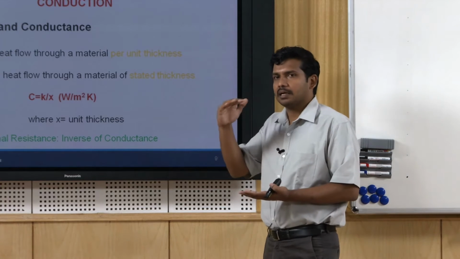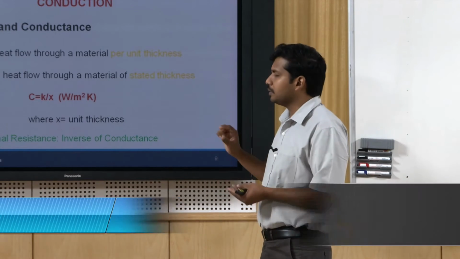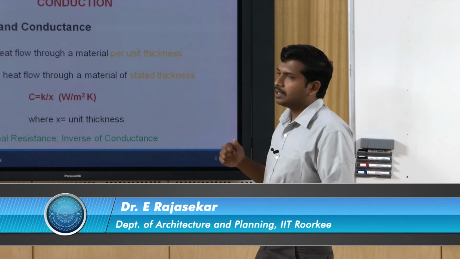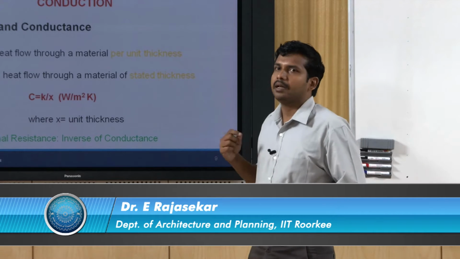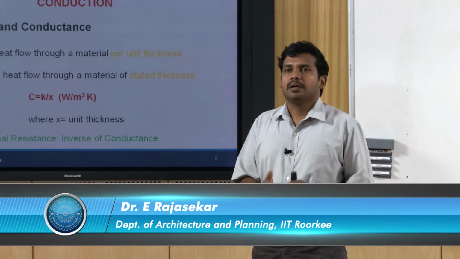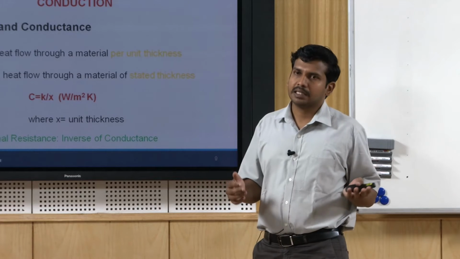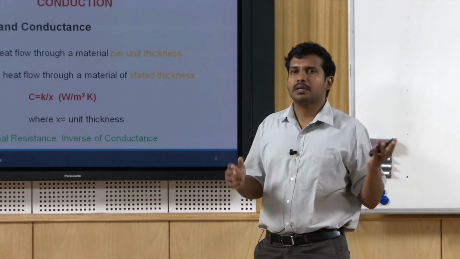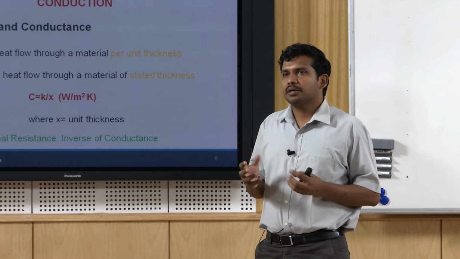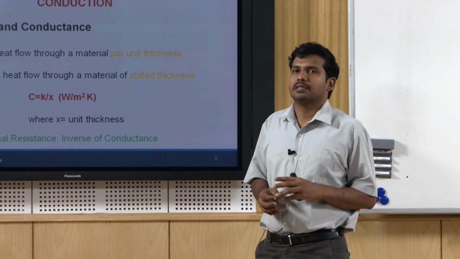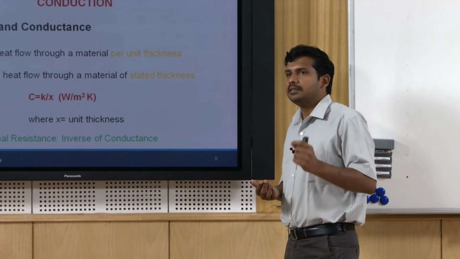From the hotter side to the colder side, heat transfer happens, and how much heat is getting transferred through this slice of brick is measured as its conductivity, or the K value. As I said, it is expressed in watts per meter Kelvin. In the hot box apparatus, you can test larger materials like wall panels. There are two chambers, one a hot chamber and the other a cold chamber, and heat transfers from one chamber to the other. The hot box apparatus gives more realistic estimates of heat transfer compared to the hot plate, because the hot plate is more of an idealistic condition,